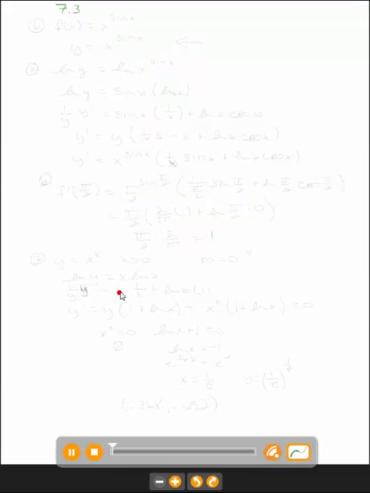Continuing with 7.3, we're up to number 6. The book does number 6 a little bit differently than I'm going to do it. You can choose the way you want to do it. They both work. But the object here is we've done a letter raised to a number, like x cubed, its derivative is 3x